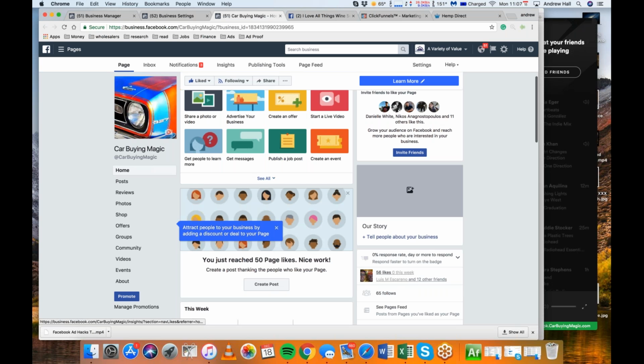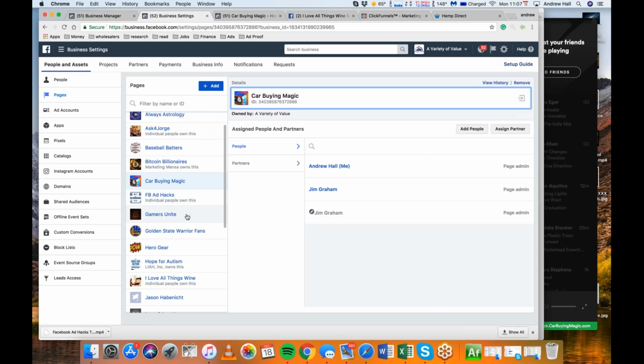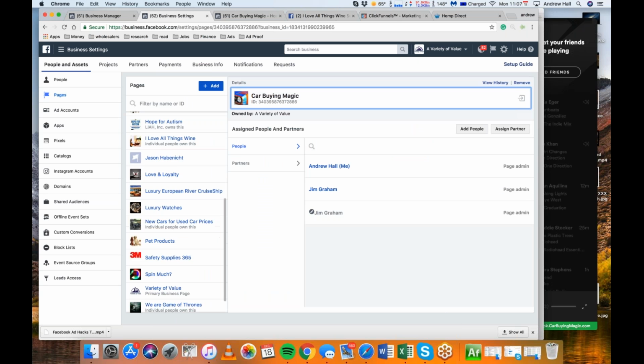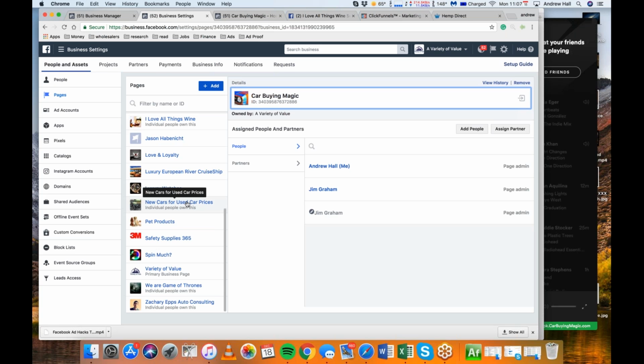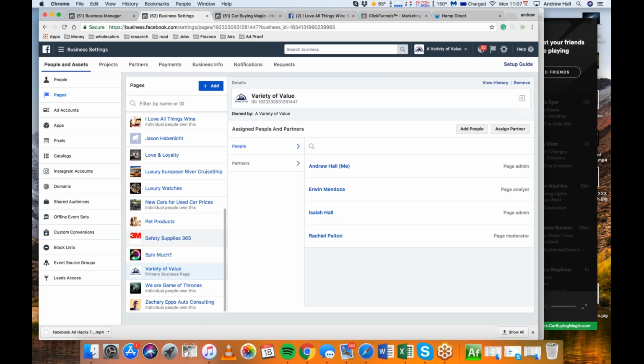You have this badge right here, and what you want is 100% response rate, and then there's a badge that you can get. It's a little green icon right there that'll say replies instantly or something. Let me see if I have it on a different page. I haven't messed with any of my own pages for a long time now. This one might work.